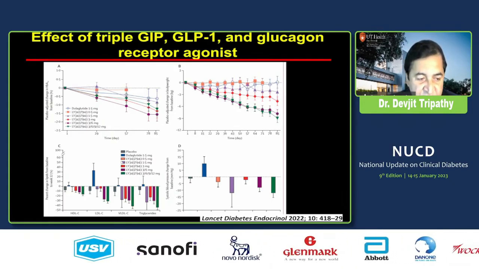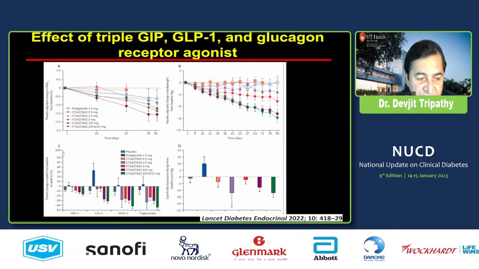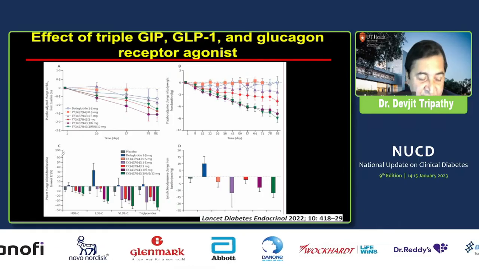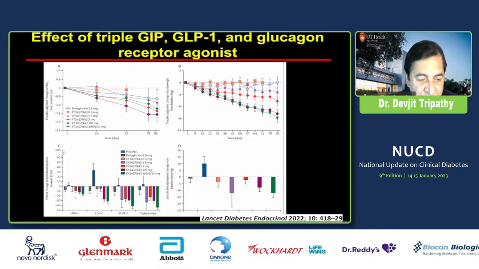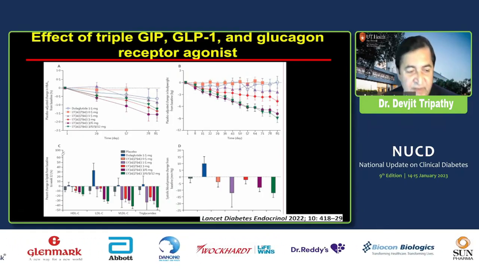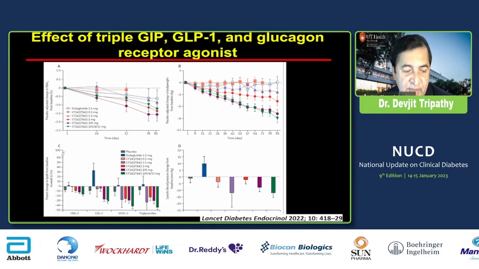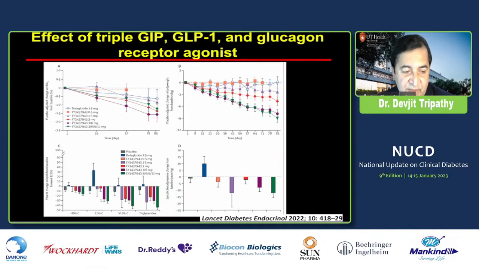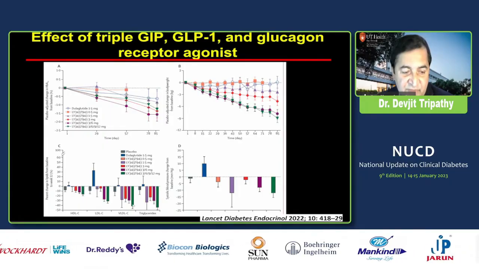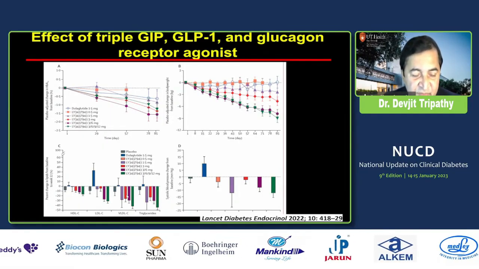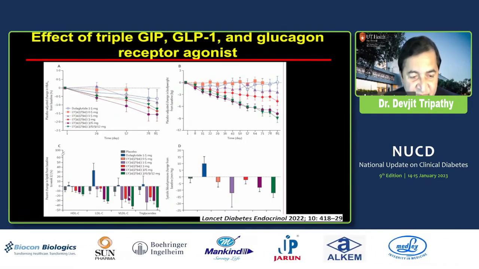But the most remarkable effect was seen in lipids. Here, on the left panel, HDL actually went down slightly, which is not good, whereas tirzepatide and other GLP-1 agonists increased the HDL slightly. And for LDL, there was a 30% decrease with the highest dose. There's a 40% decrease in VLDL and triglycerides. So that's why these drugs are being pursued now, with the compound by Novo, for treatment of NASH.